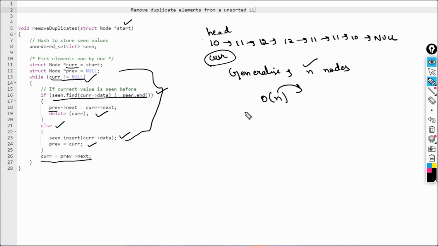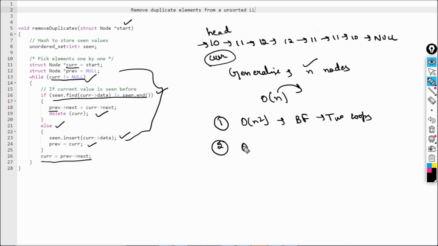So we have seen three things here. The first one is that we can remove the duplicate elements from an unsorted linked list in O(n²), that is, the brute force approach. We have used two loops here. Then we can merge sort it, sort the list and then apply the remove duplicate elements from a sorted linked list concept.